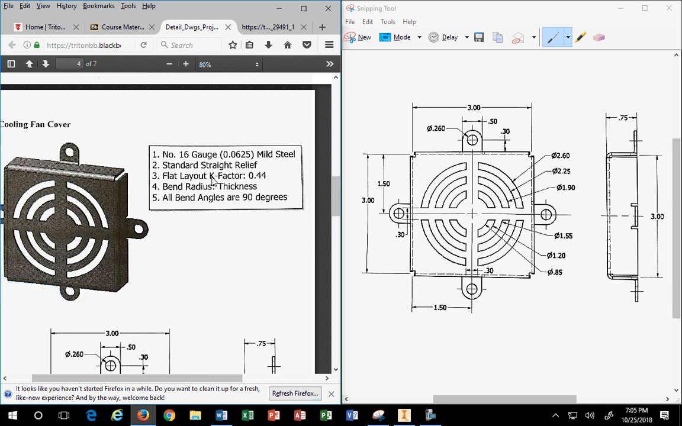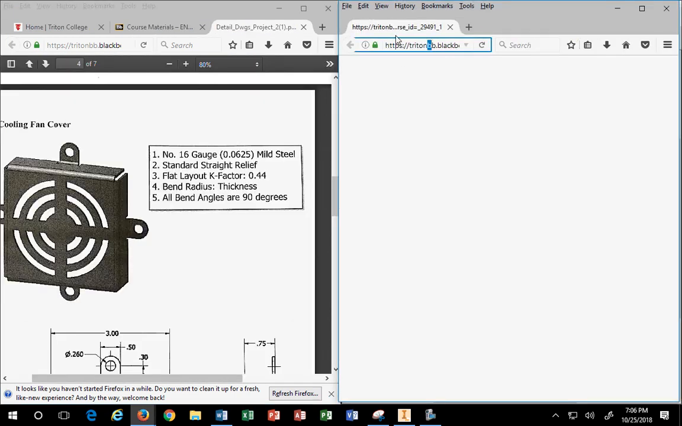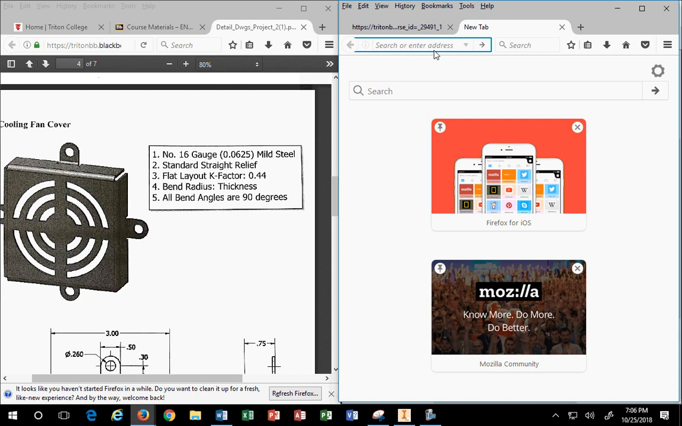16 gauge is the material thickness. Now the material thickness that you see is nominal. Nominal means it's average. It doesn't mean you'll never find something a little thinner and something a little thicker with the same reference as 16 gauge. In the real world, nothing is perfect. So please keep that in mind. So if I try to look at like a gauge chart,